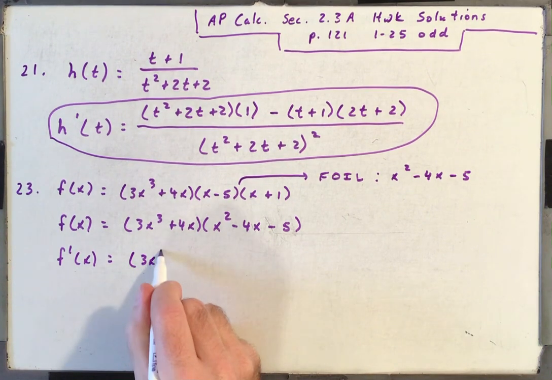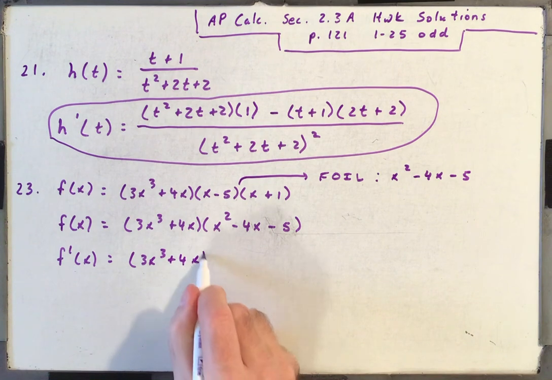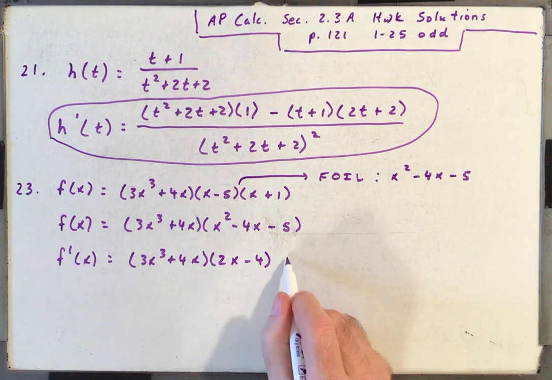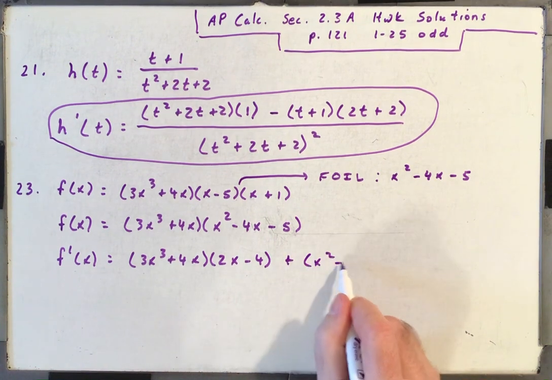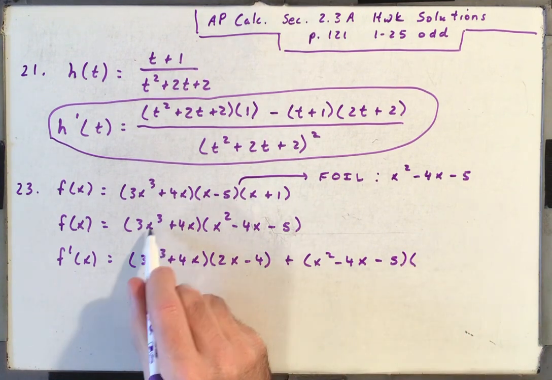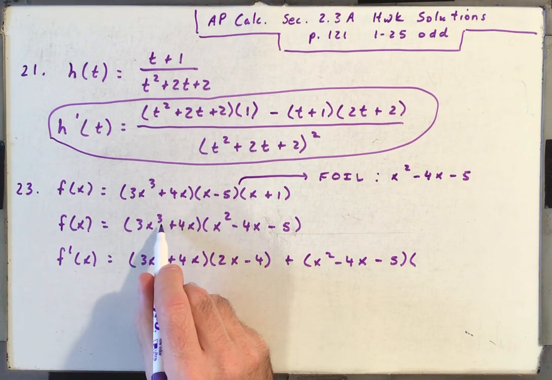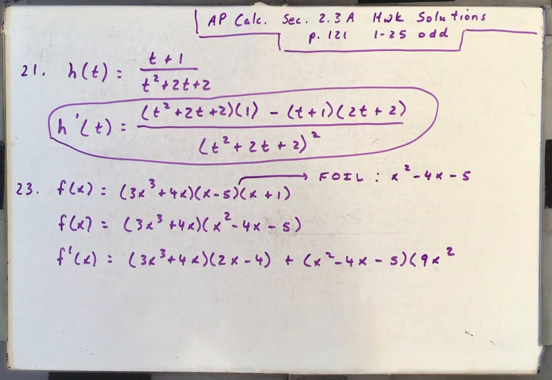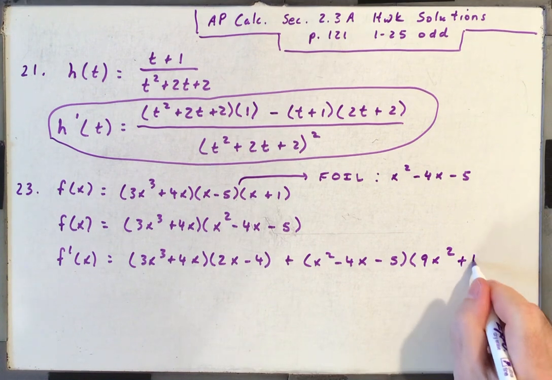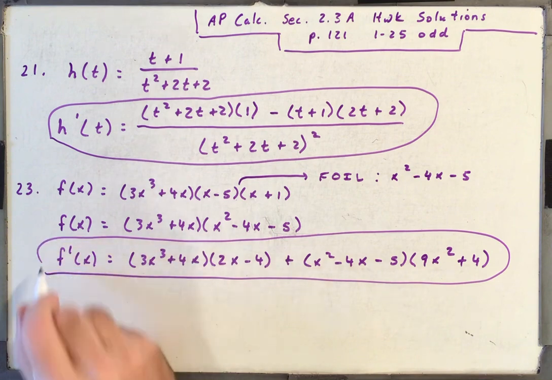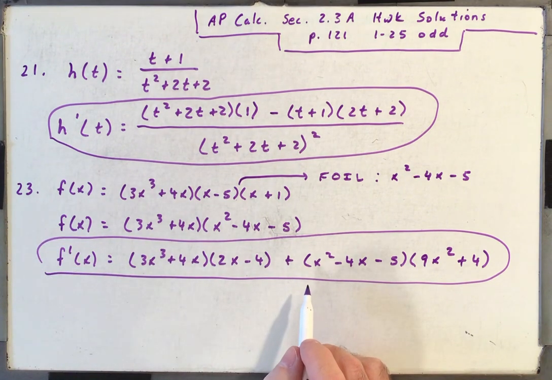First, 3x cubed plus 4x times the derivative of the second, 2x minus 4, plus the second, x squared minus 4x minus 5, times the derivative of the first. 3 times 3 is 9, x squared plus 4. All right, that's good enough for me. I'm on 23. Okay,